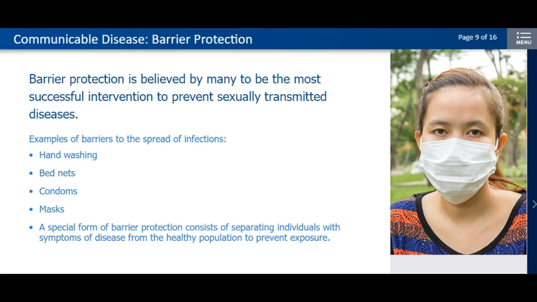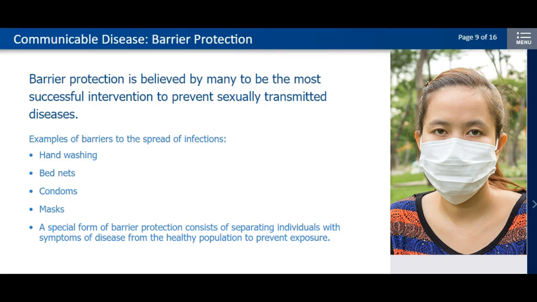Examples of barriers to the spread of infections are as old as hand washing and as new as insecticide-impregnated bed nets, which have had a major impact on the rate of malaria transmission. Barrier protection, such as condoms, is believed by many to be the most successful intervention to prevent sexually transmitted diseases. The use of masks may be effective in reducing the spread of disease in healthcare institutions, such as hospitals. The same measures may be preventative in the community at large and are a routine part of winter weather habits